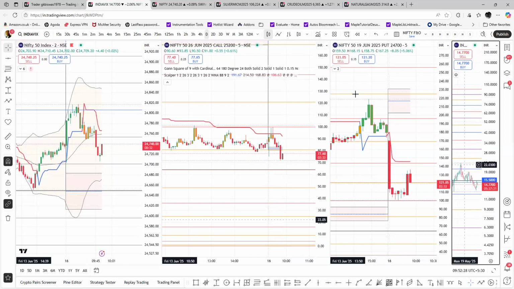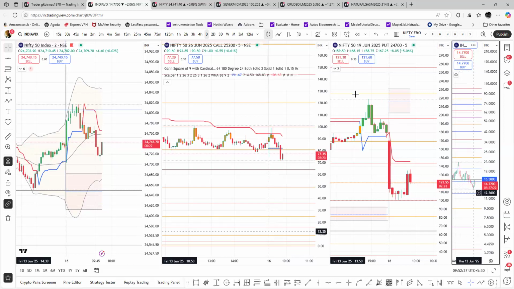You're seeing it, right? So when VIX shoots up, you should not initiate a new position at that point, especially if you're a buyer. You should allow the VIX to cool down and then initiate your longs. If you want to do selling, risk defined selling, meaning stop loss defined selling, if you have the required capital,